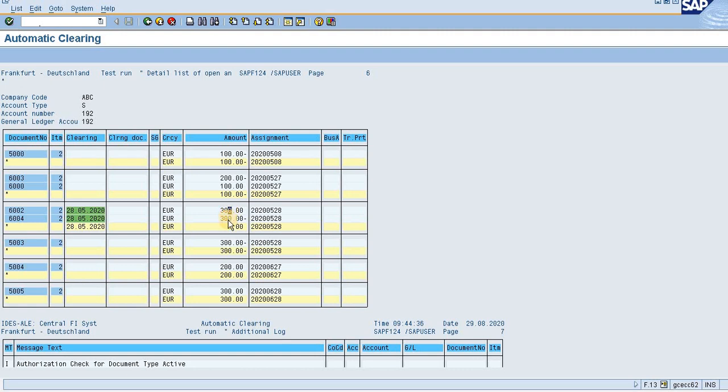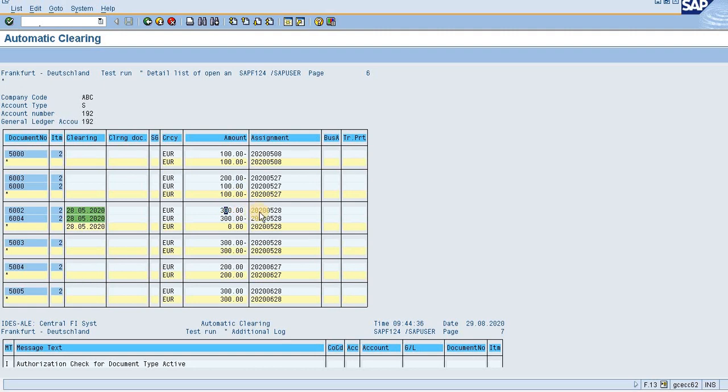300 is matching. 300 has a debit balance here and 300 has a credit balance here. Hence SAP is showing you this combination with a green color, means it is ready to go. If you take the test run off and run it in actual mode, then it will be cleared. So SAP has segregated like that. Now SAP has not given the green signal here. Why? The reason being, this combination of two documents is coming based on the assignment number, that is true, but one is having 200 credit balance, another one is having 100 debit balance, means finally it is having 100 balance, so it cannot be cleared.